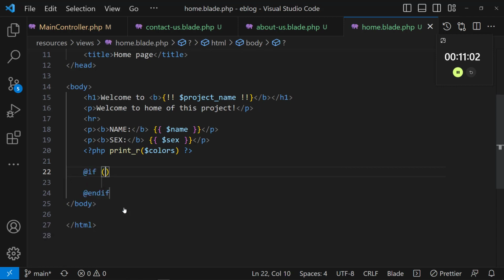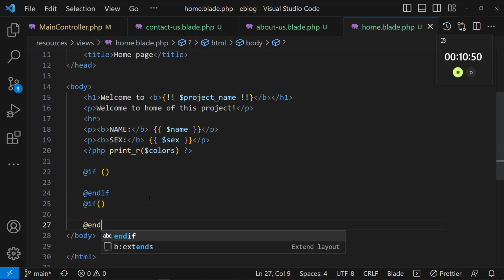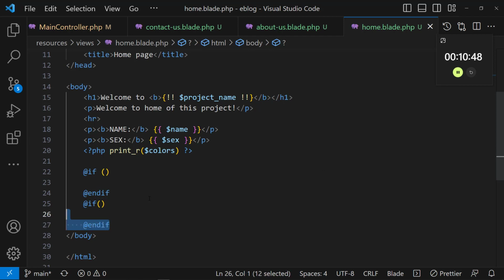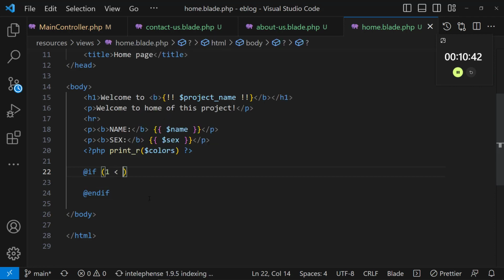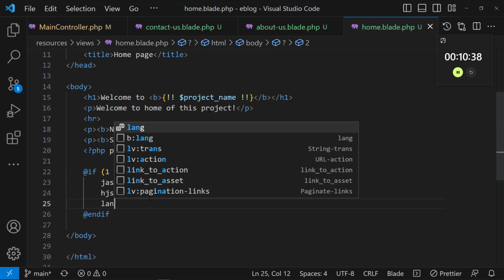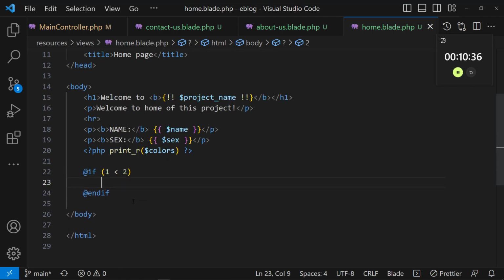So that one will be able to generate for you an if condition. In other words, you can simply write at if, and then open a bracket, and then put here at end if, like this. So that is an if condition. I can say if 1 is less than 2, I can put here any HTML that will be executed if that condition is